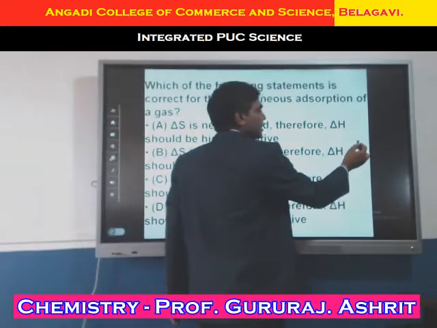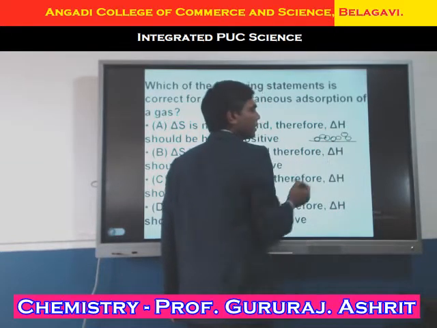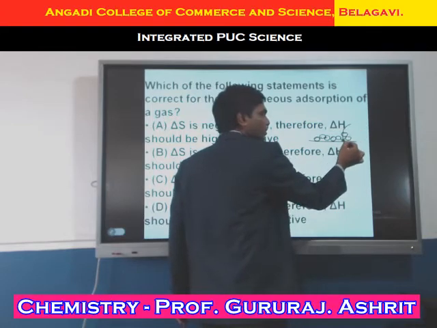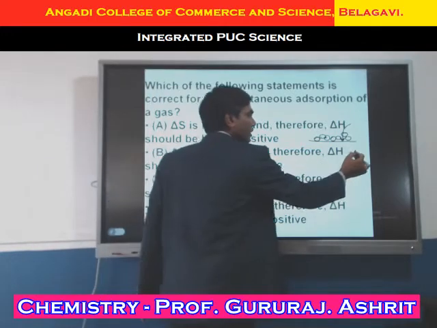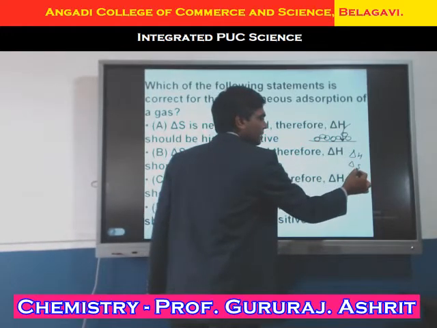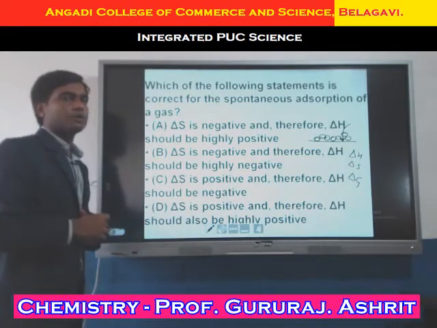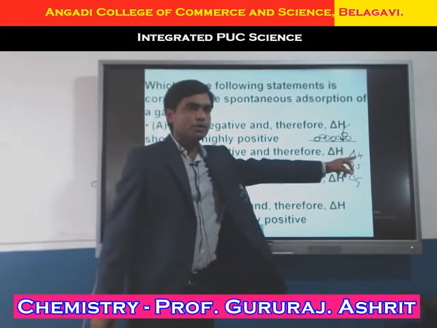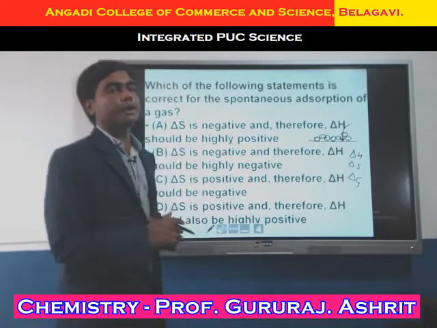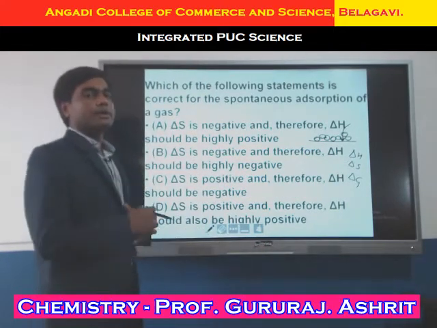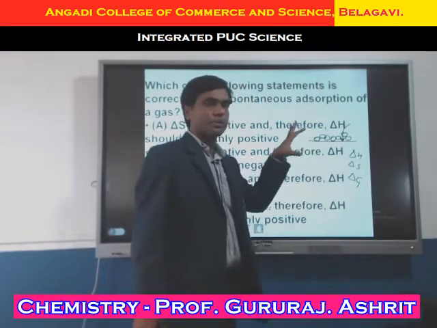See, consider the adsorbent. These are the adsorbate molecules. If the adsorbate molecules are adsorbing on the surface, we have to think of three factors: delta H, delta S, and delta G. According to thermodynamics, if the reaction should be spontaneous, delta H should be negative, delta S should be positive, and delta G should be negative. According to the Gibbs equation, delta G is equal to delta H minus T delta S. Therefore, we have to think of all these values for adsorption.